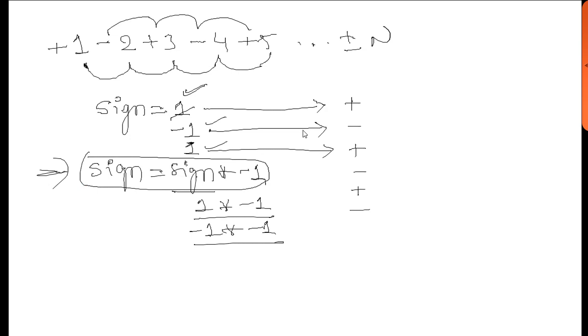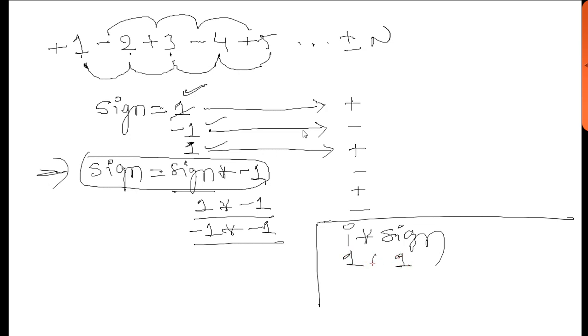Now how can we get the values like this: plus 1, minus 2, plus 3, minus 4? I can write the formula like this: I into sign. When I is equal to 1 and sign is equal to 1, 1 into 1 is plus 1. When I is equal to 2 and the sign changes to minus 1 with the help of this formula, then it becomes